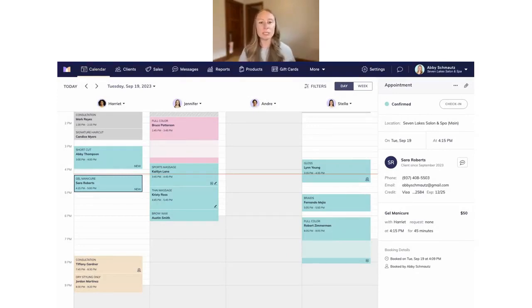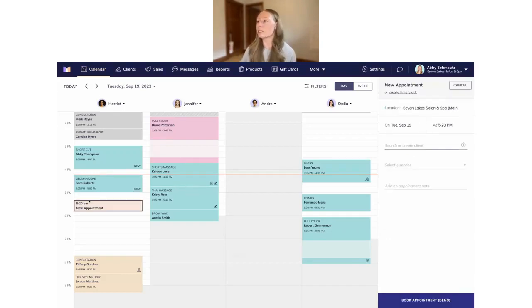Now let's maybe explore something else. What happens, for example, if a client does not submit the required information via the express booking link within the time limit? Let's talk about what happens in that scenario. So what we're going to do now is let's go ahead and add another appointment to the calendar, for example. We can just add one